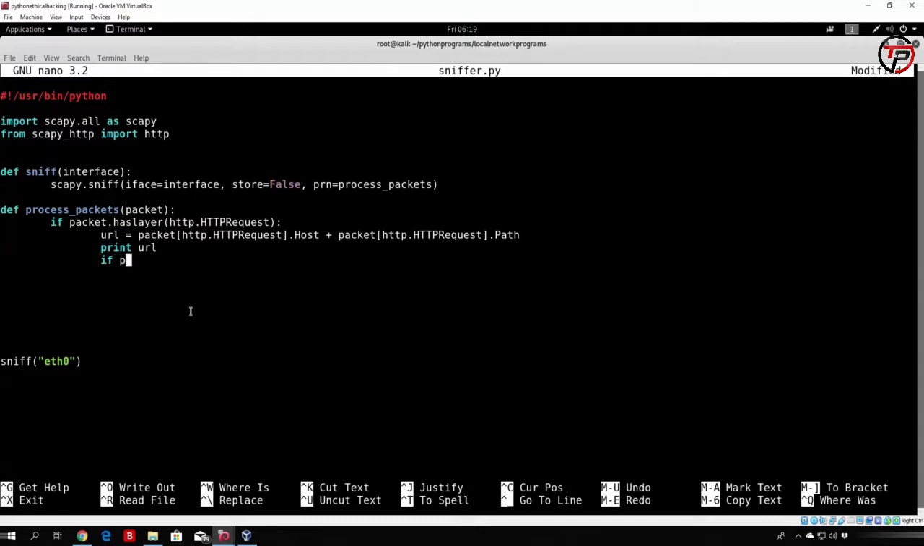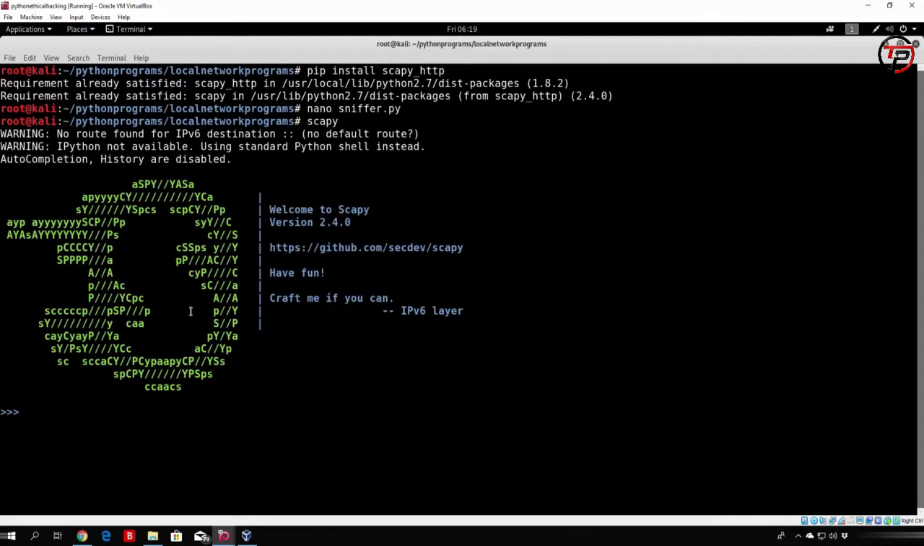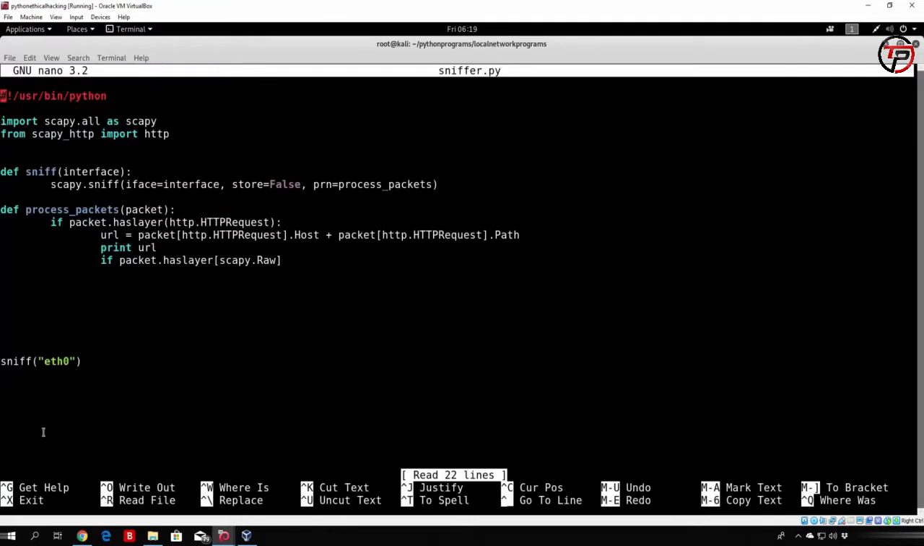We can check that if packet.hasLayer scapy.raw, and from that raw layer, since the raw layer only has one field, let me show you in case you forgot: if you open Scapy and you just type ls in the brackets raw, you can see that the raw layer only has the load field, which will contain the message. So let us exit this, and in our case it will contain the username and password. So open this up where we stopped. Let me just go back to right here,